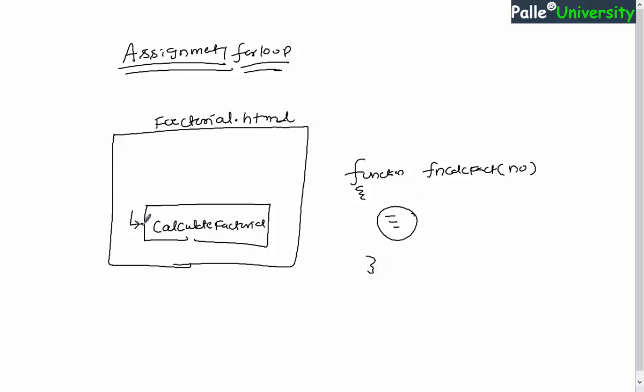Now when the end user clicks on this button control, from the onClick event you need to call this function. When you are calling the function from the onClick event, you have to pass the value into the number variable, something like this, fnCalculateFactorial, let us say passing 4. The number can be anything.